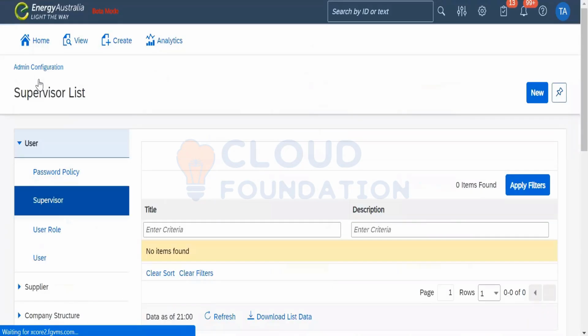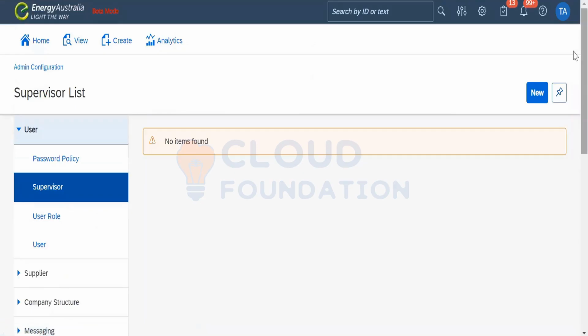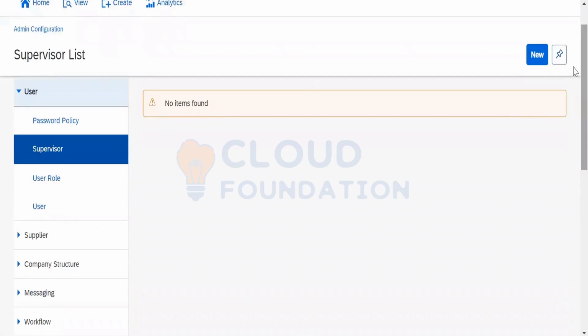Let's go to the option called supervisor. Nothing has been set here. The supervisor list has not been set here, because some companies might use Fieldglass in that way, and they might set a list of users as the supervisors.